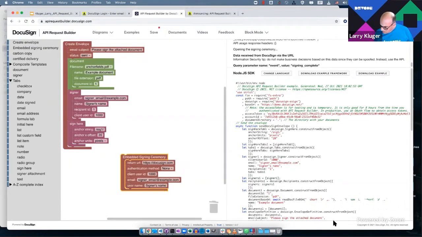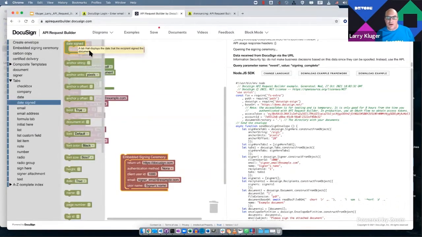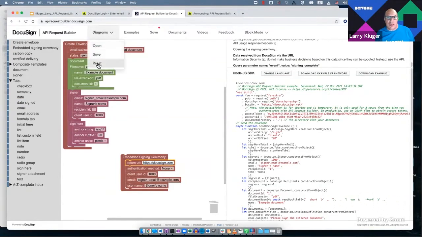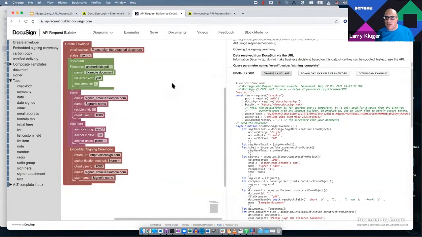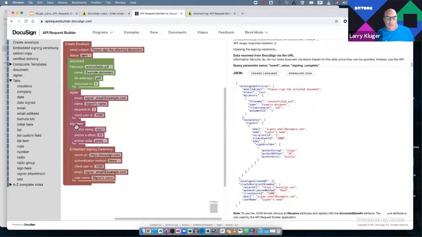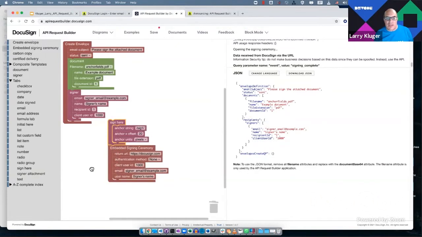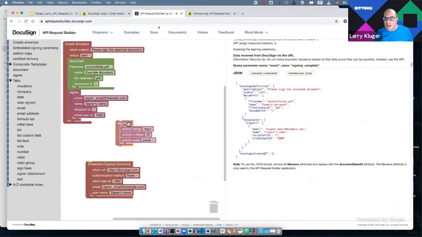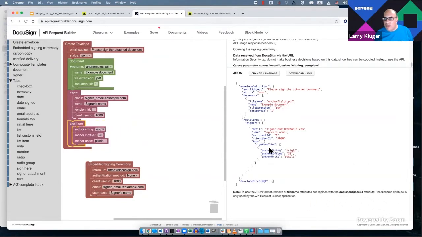Right. Okay, now let's talk about these different blocks. So you saw the date signed right here. And again, I'll reset this. Let's go back to JSON. Okay, so what's important to know is that each one of these blocks is an object. And so the name of the object is sign here. Now, sign here objects are put into this array for sign here tabs, but the name of the object is